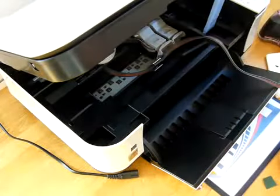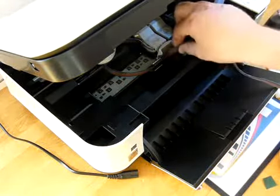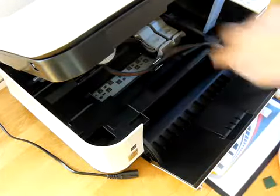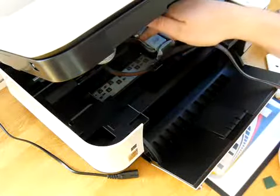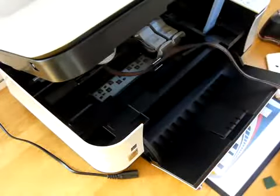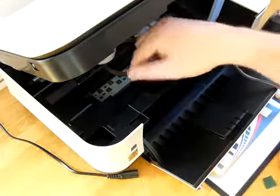So if you need to make an adjustment, you can actually pull this ink line through the clamp. So if you pull it to the right, it will make the loops shorter, and if it's short, it won't be able to reach the left hand side. If you push it to the left,